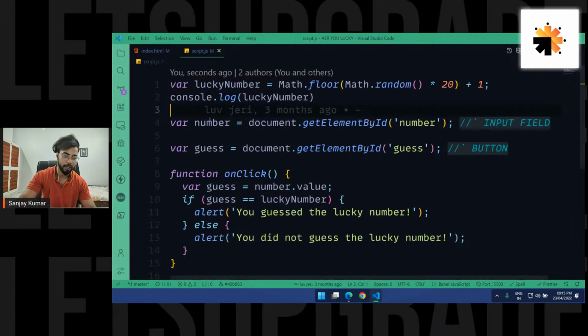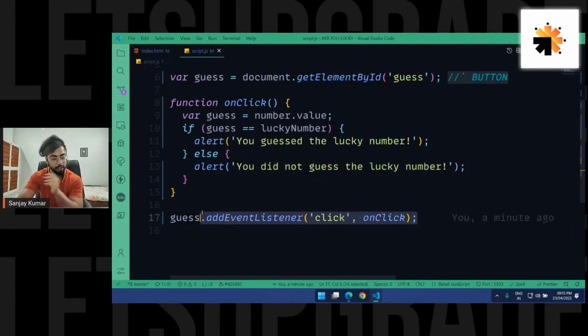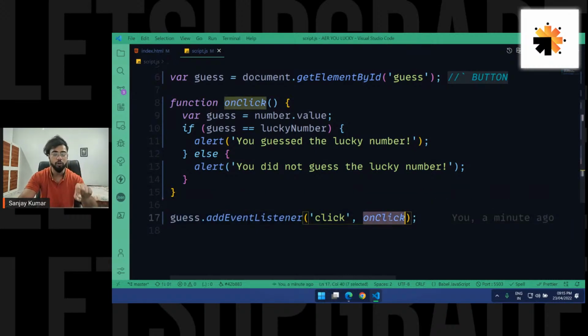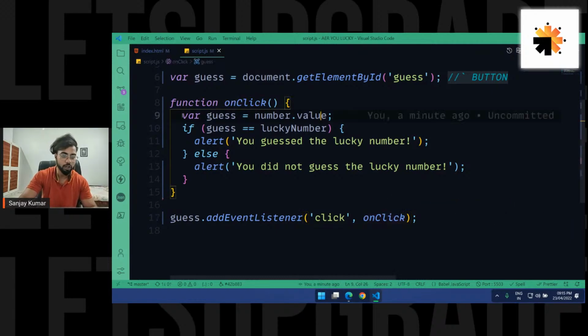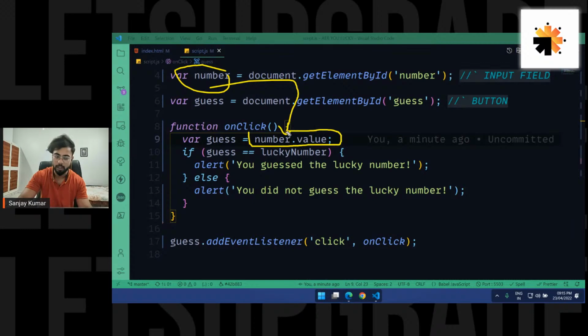So here we have grabbed the input field and the button, and we have set up an event listener on the button click. Whenever the user clicks that button, we take the value from the input field. The name of the input field is number, so we get the value by using number dot value,